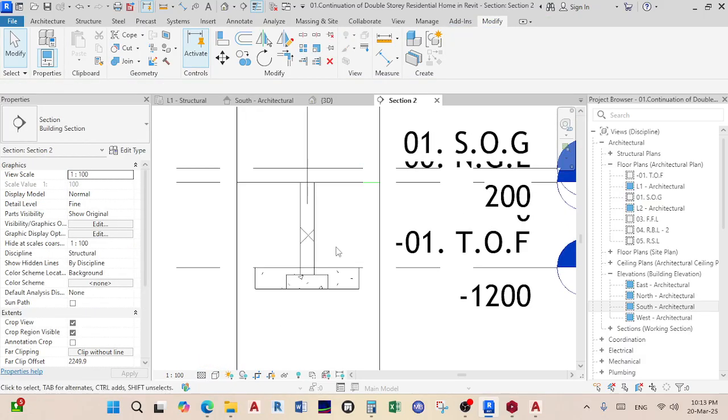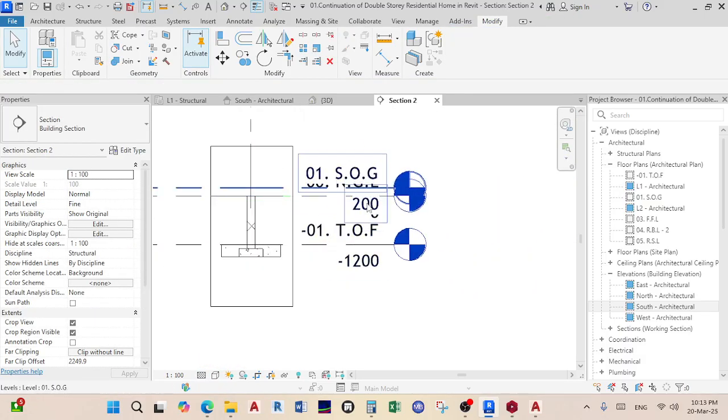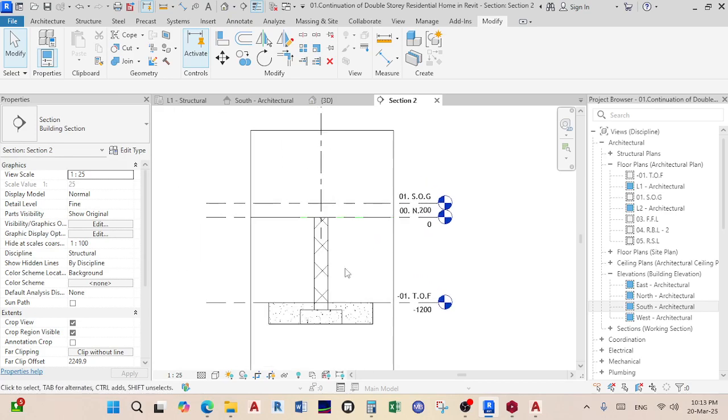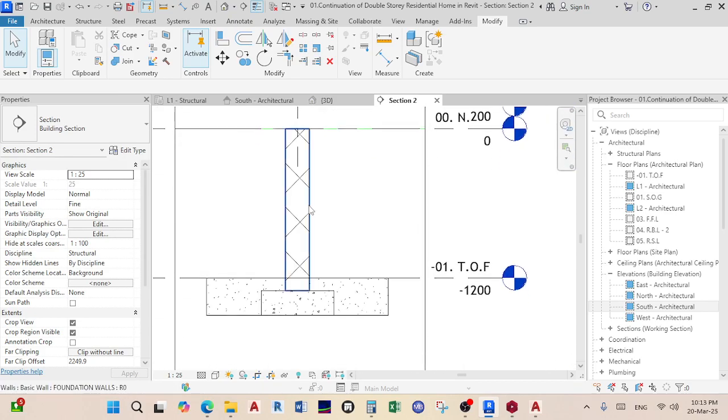Make sure it shows fine, and then see how all of this is jumbled up. You change the scale, maybe 1 to 50. No, this one's enough, 1 to 25. You see, it shows me that okay, this is the wall, this is my strip footing,